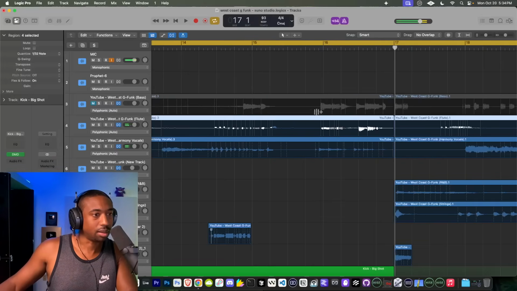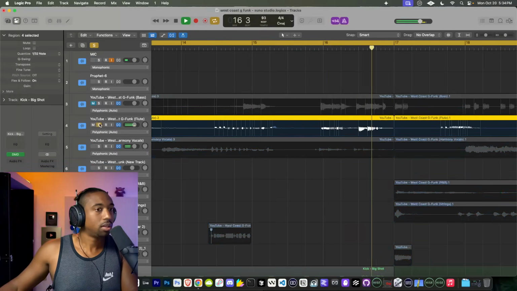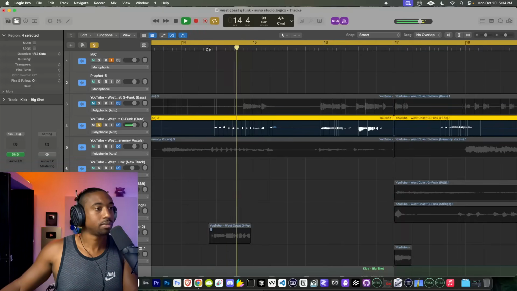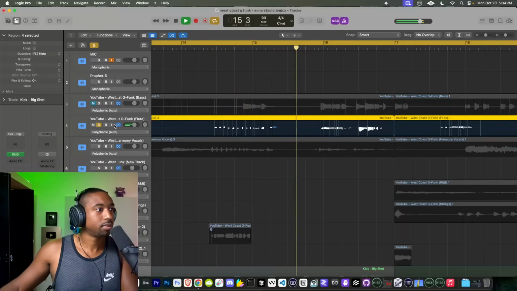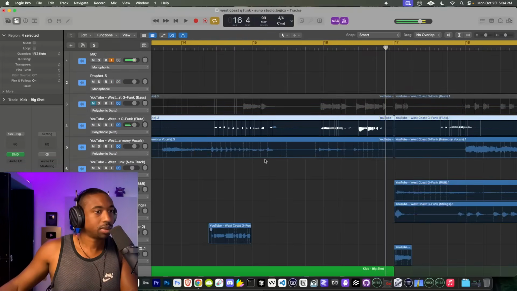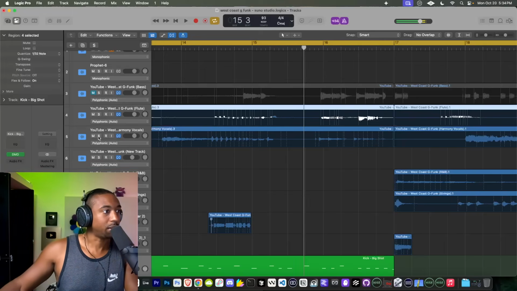So see how that doesn't line up at the end? It's just like some weird. So we just got to figure out what this rhythm of the flute is clashing against. It's hard to tell. I think maybe the vocal track.